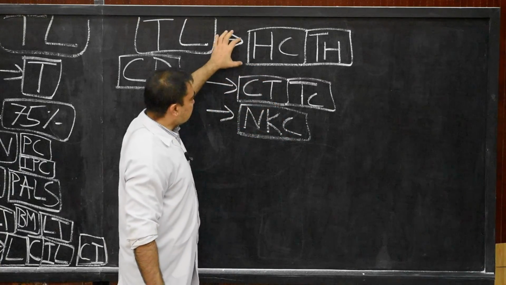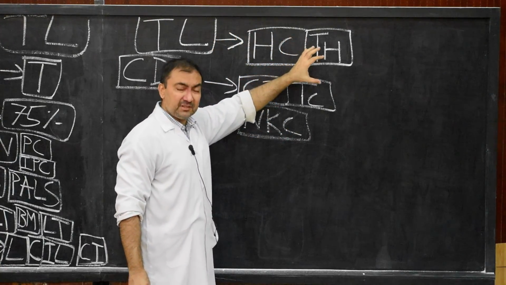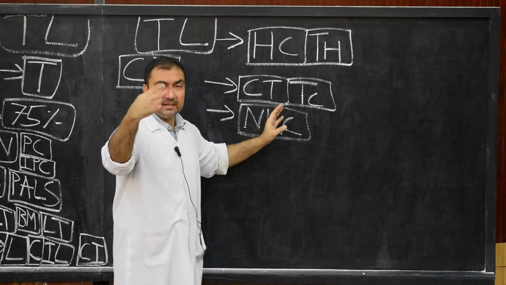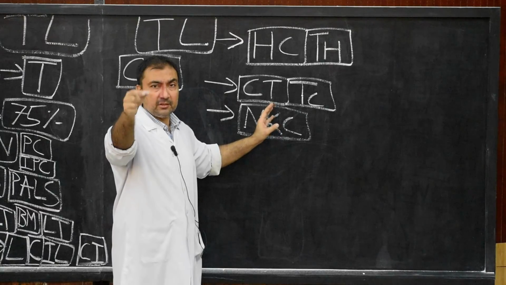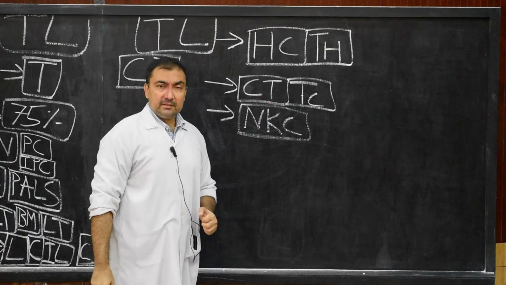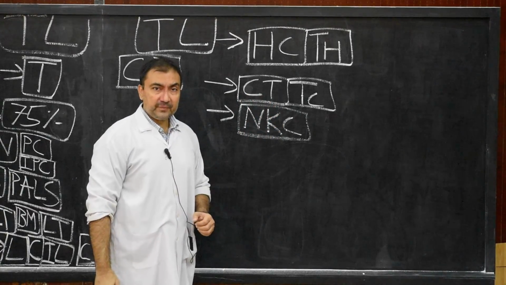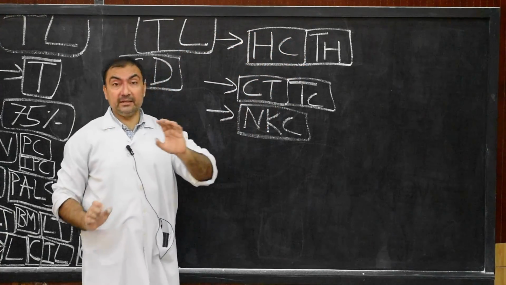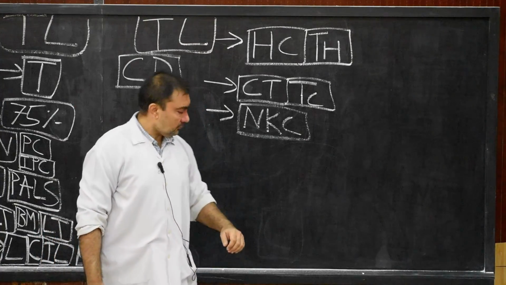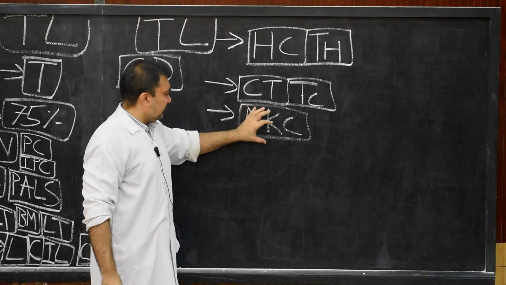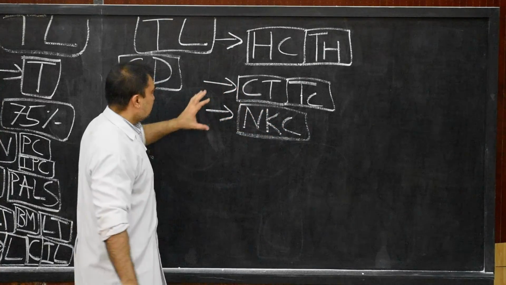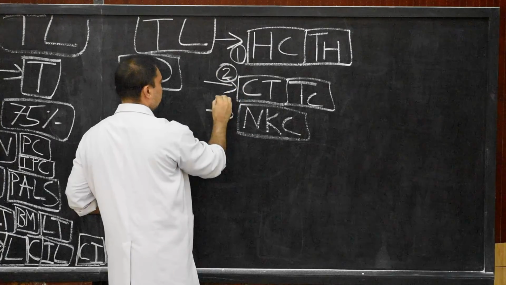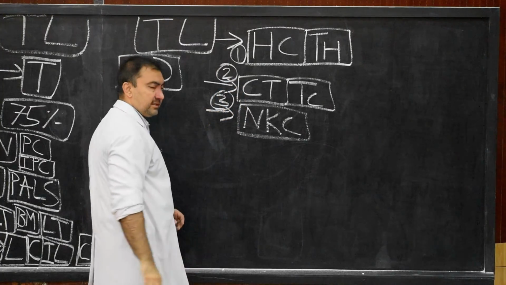So these helper T lymphocytes, upon their stimulation, are able to secrete these two varieties of T lymphocytes, which will directly kill the antigens or any type of foreign molecule. Helper T cells are going to have their independent CD marker. Same way, the cytotoxic T cell and natural killer cell. So this is type 1 T lymphocyte, type 2 T lymphocyte, type 3 T lymphocyte.